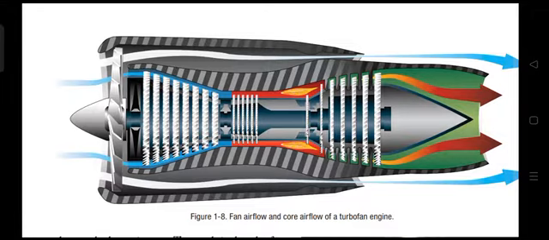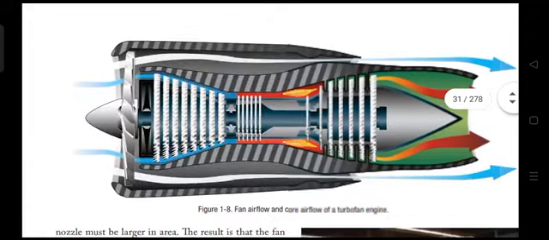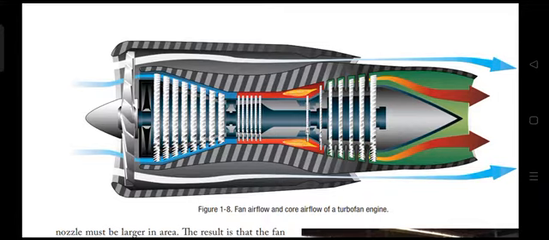And see, the fan is also drawing air, which is in white color, through the outside, right? You can see from the bottom and the top part there is a white stream of air that is bypassing and finally leaving in blue arrows on the right side, which is bypassing the core engine. If you have seen an engine, there is a core engine and there is an outer side section also, right? So this is basically what they are talking about, where the air is bypassing the core engine,